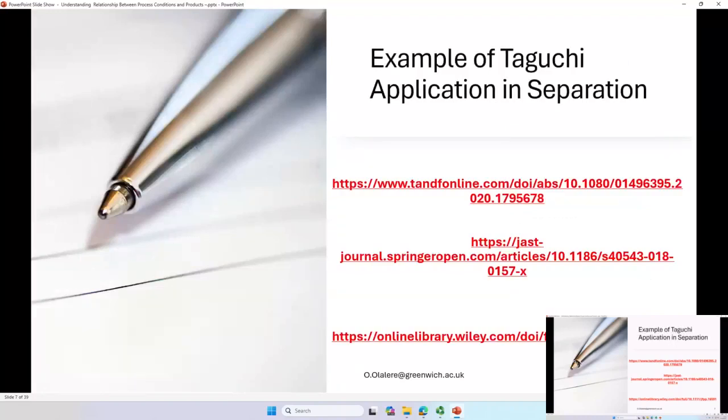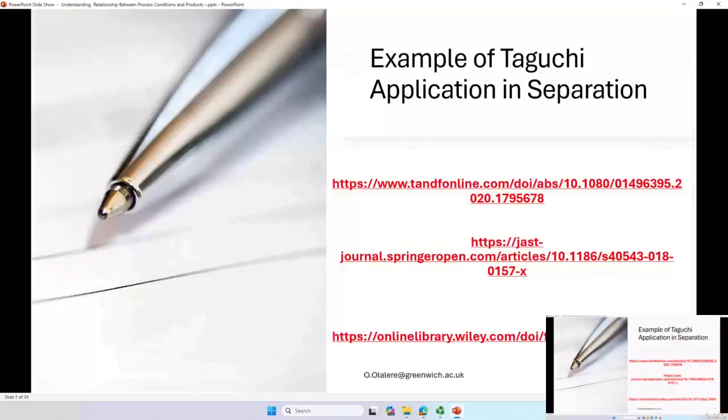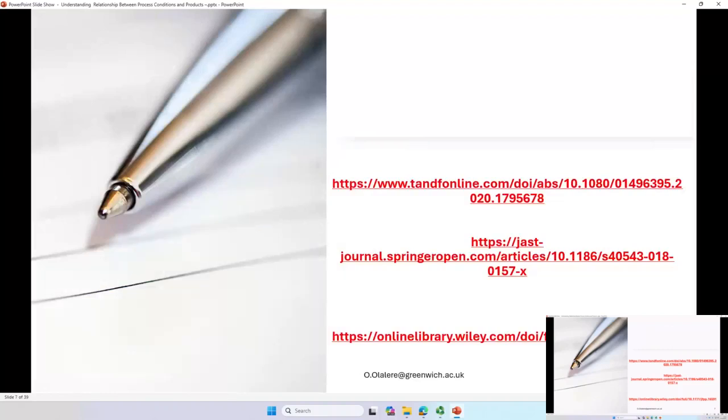So for Taguchi, these are different examples. These are some of my published papers on that. Then the type of process. So for this class, we consider